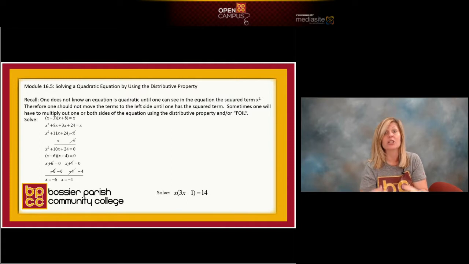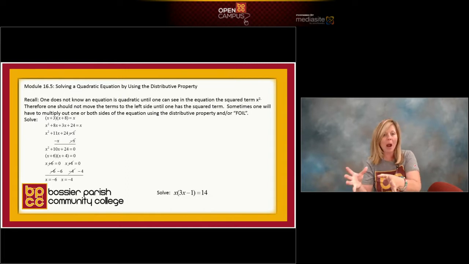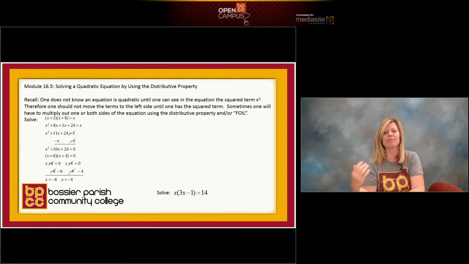Now, everybody look closely. Do you see the x squared? Yes. Now we physically see the x squared, which means it's quadratic. So now we're allowed to move that x over to the left by subtracting it. And we're going to subtract that x to its term that's like, which is the 11x. So in the correct descending order, the left side's now going to be x squared, 11x minus x would be 10x plus 24 equals 0. So our new quadratic equation is x squared plus 10x plus 24 equals 0.